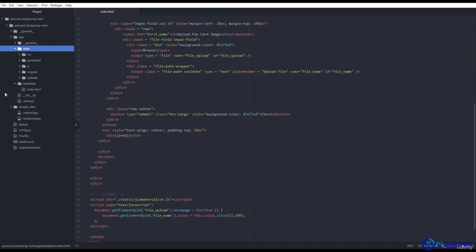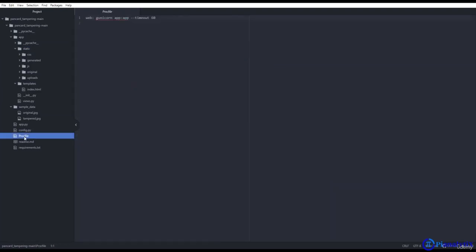Other than that, the most important files to deploy this app are the Procfile. In this Procfile, we can see that it tells that this is a web app, and this gunicorn app will run the app.py file, and we have set the timeout as 60 seconds for response.